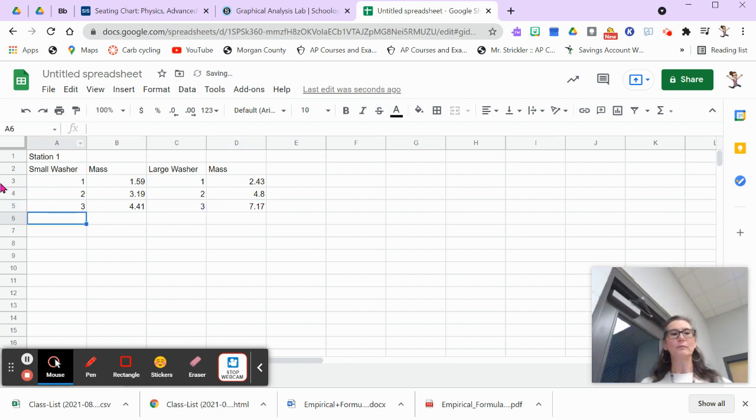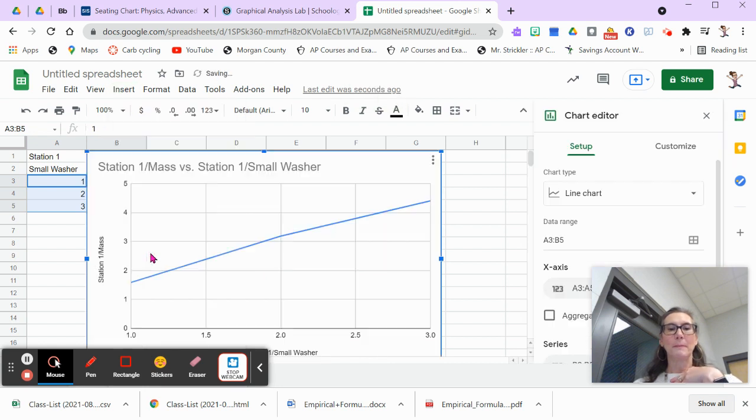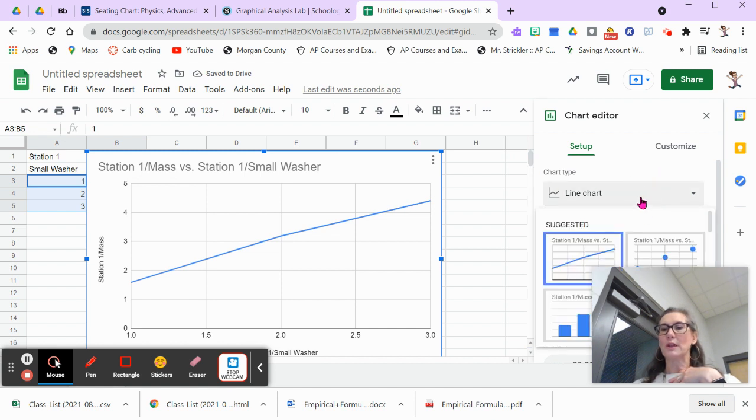Okay. All right, so then what I'm going to do is I'm going to highlight. So I'm just going to drag over and highlight those 2 columns because I'm going to put washers. My number of washers is going to be my independent variable, and my mass is going to be my dependent variable. So independent variable first, then dependent variable. I'm going to go to Insert, Chart,